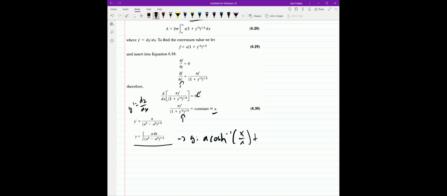X over a plus b. If I remember correctly, this is a pretty common integral in physics. We see it a lot for whatever reason. And that lets us then know that x is equal to a cosh of y minus b over a. Right? We bring the b to the other side, and we solve for x, and we get this expression for x,